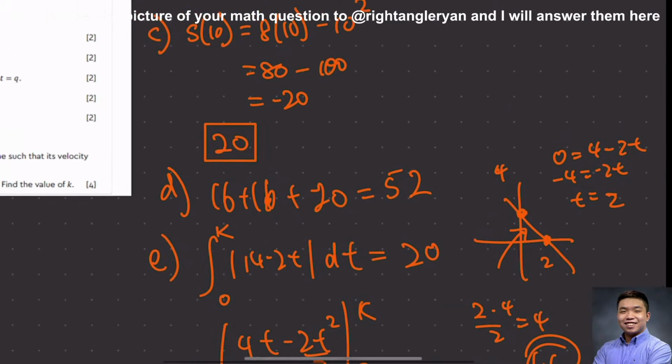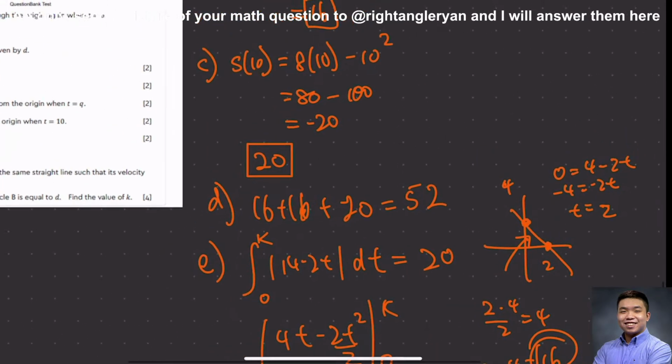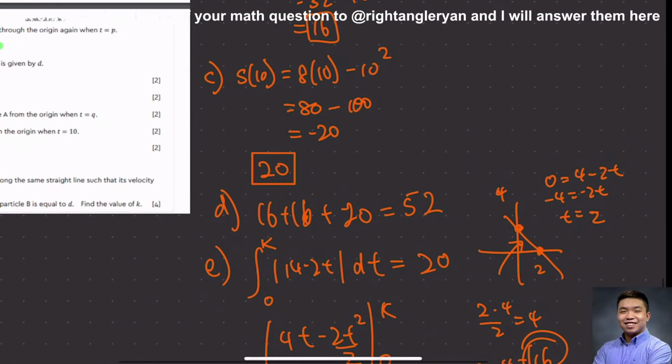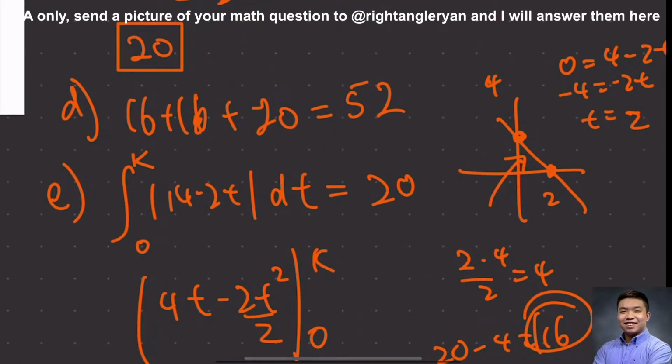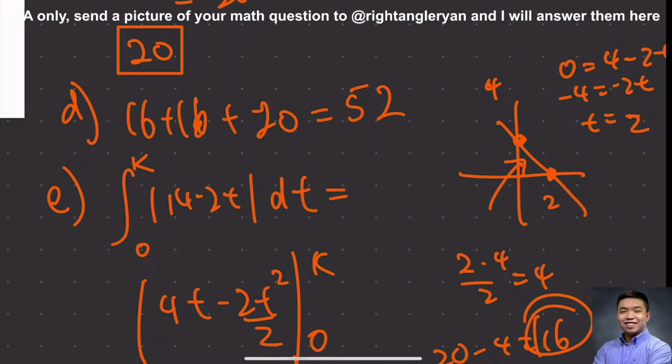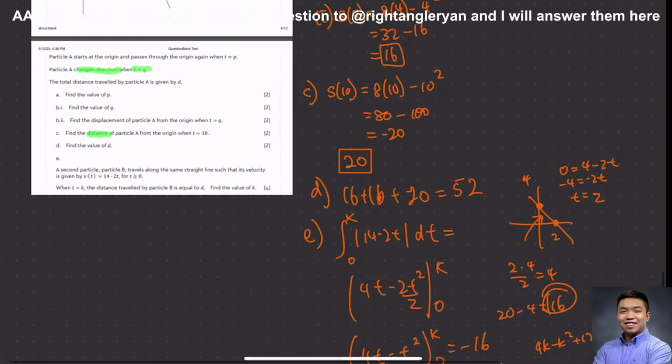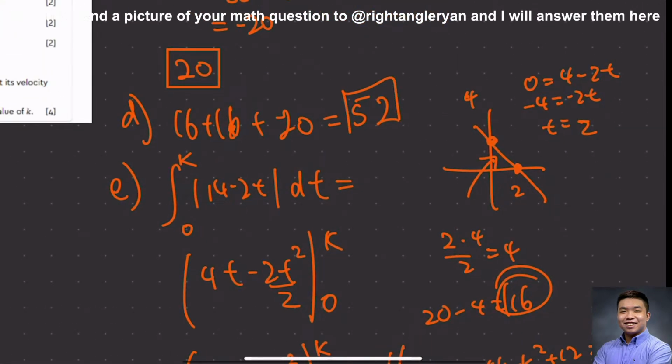Let's check my part D answer. Part D is supposed to be 16 forwards, 16 plus 16 plus 20, so 52. 52 is correct. Oh, why did I write 20? This is supposed to be 52, right? Part D answer is 52. Yeah, it's 52. Should have boxed it. So if that's 52,